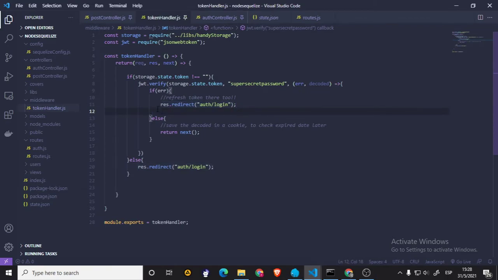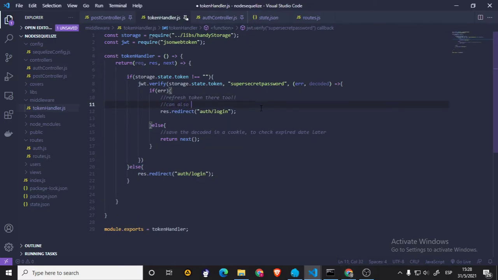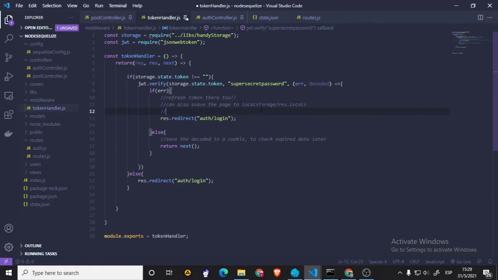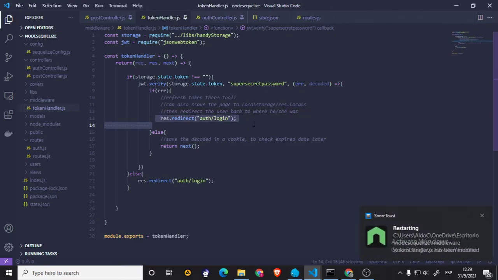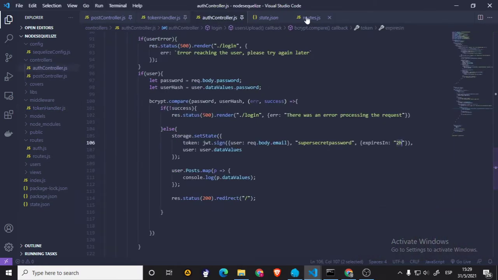Okay. Even though you can also save the page to, let's say, a local storage in the browser or in response locals, and then redirect or add some kind of function to redirect the user back to where he was, where she was. Okay, so after we do this, we will need to add another